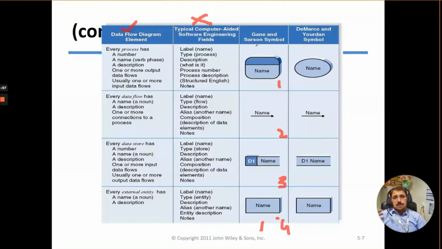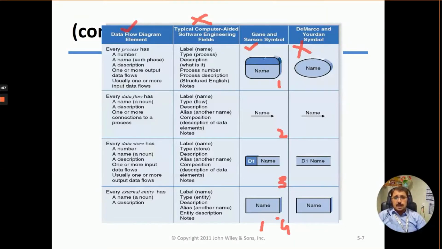Okay, so these are the two symbol systems. One is the Gane and Sarson symbols, and one is the DeMarco symbols. So we are not using this one. We will use the Gane and Sarson symbols. Okay, to show a process, we will use this